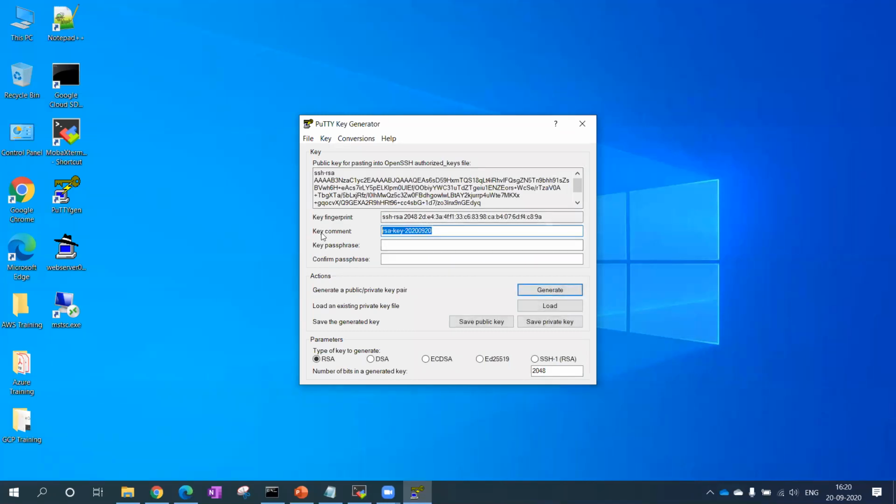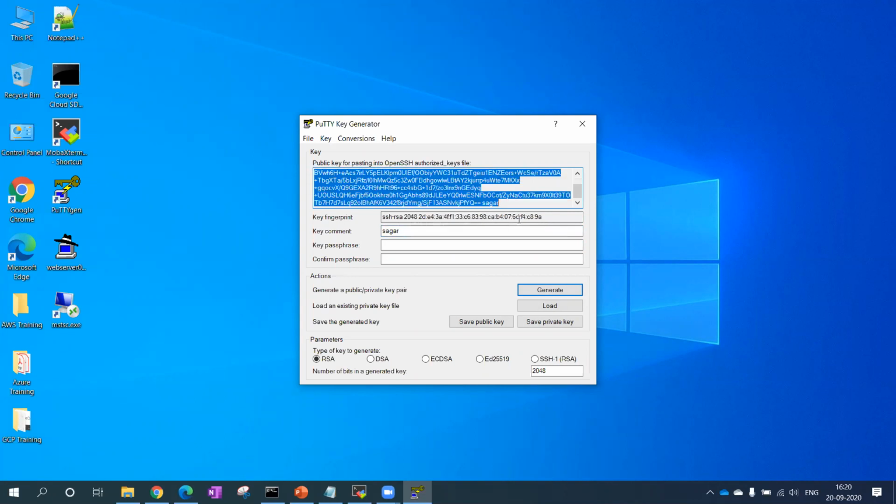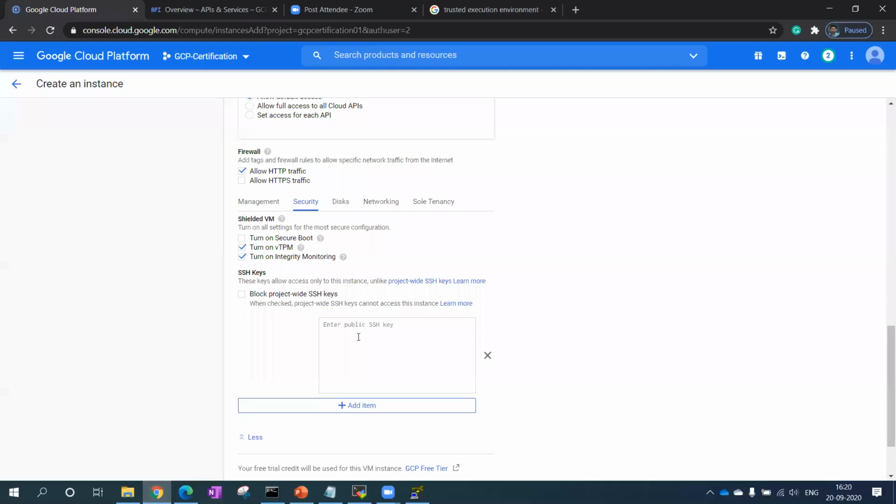Then I can give some name, Sagar. I'll copy this entire key from here and paste it over there. By using this, I can create my own account also. This key will help me create a user, and when the user logs in by this name, this key will be used.